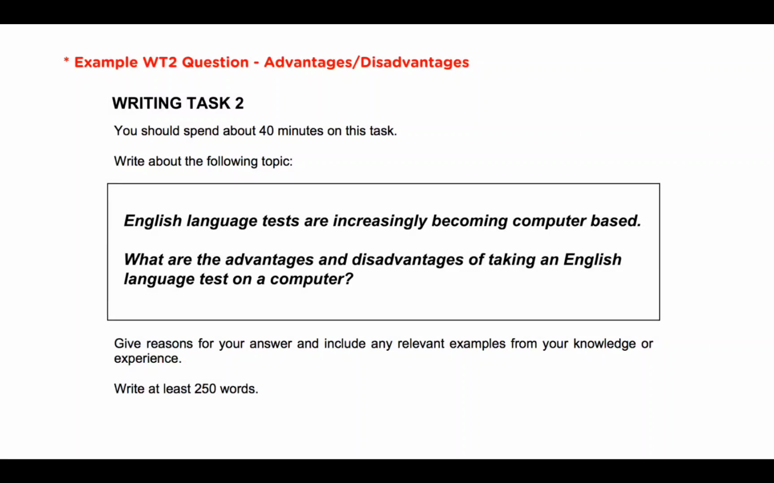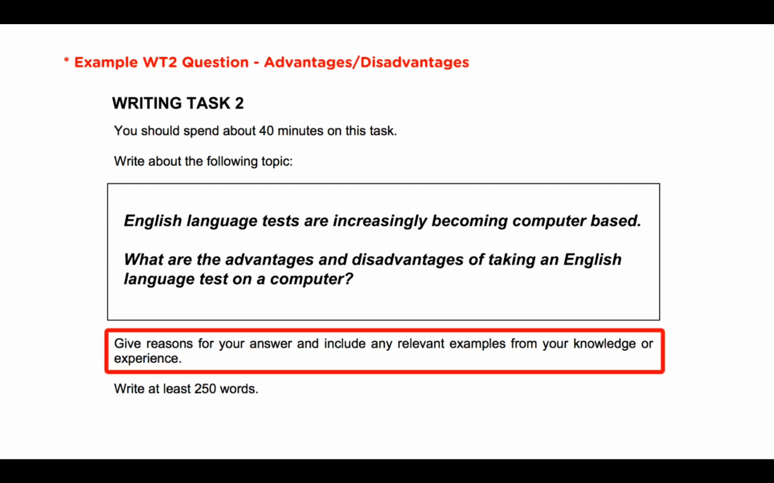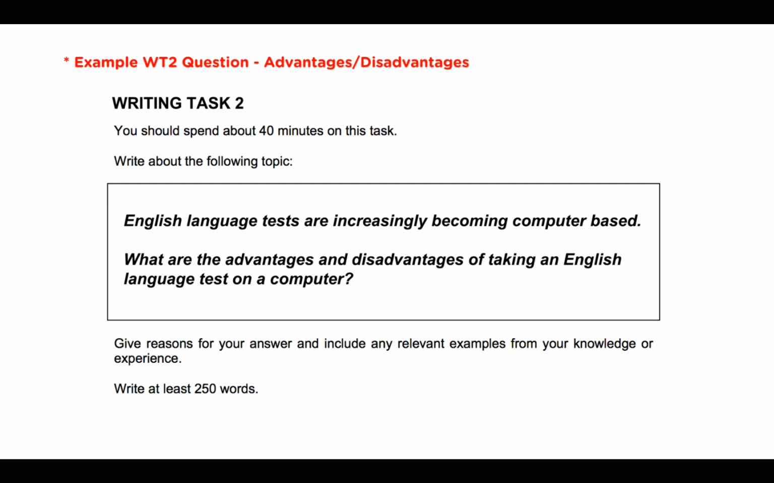The first advantages, disadvantages type question prompt will look something like this on test day. There are instructions above and below the question prompt. These tell us to spend about 40 minutes on this task, write more than 250 words, and use reasons and examples. The question prompt itself is in the middle. It says,